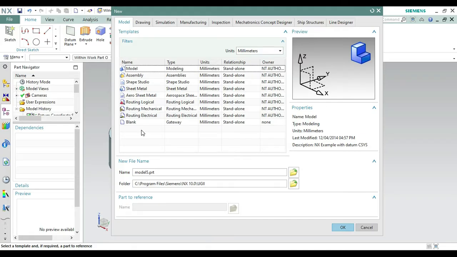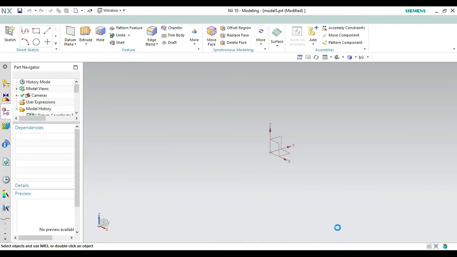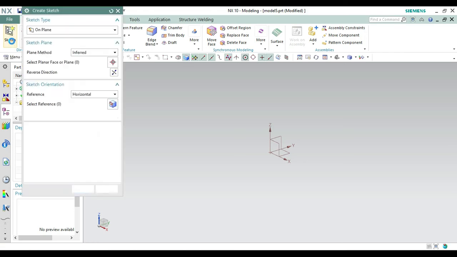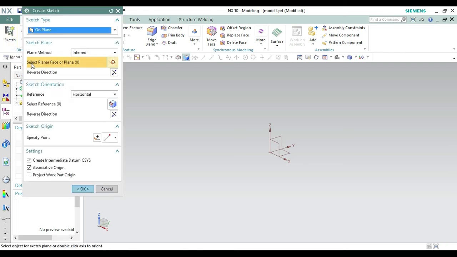We will learn how to create a fidget spinner in NX software. So the first step is to click on Model for modeling. Now we have to select the sketch, meaning on which plane you want to work. You can work with the XY plane, YZ or even XZ. So click on the XY plane first, click on Sketch. Now select the planar face or plane, select this XY plane and make it okay from here like this one.